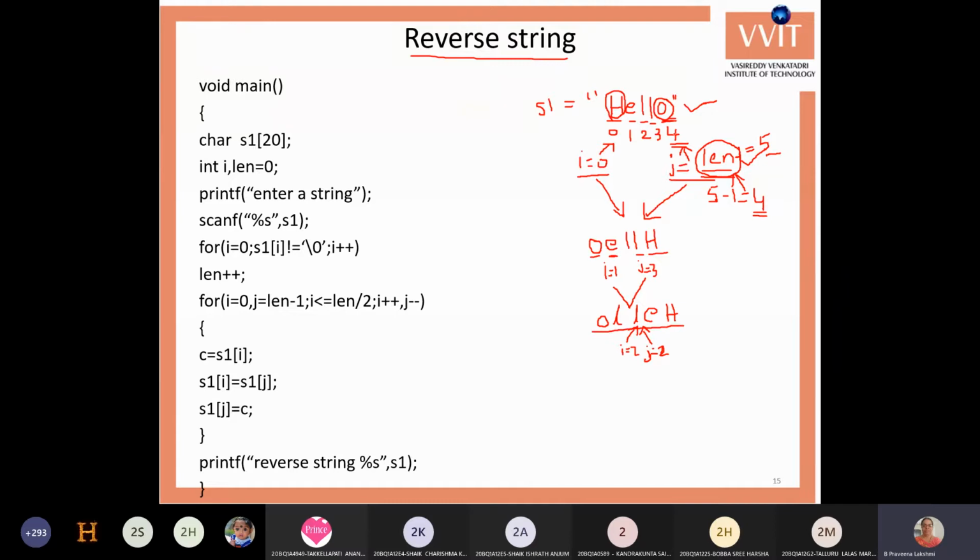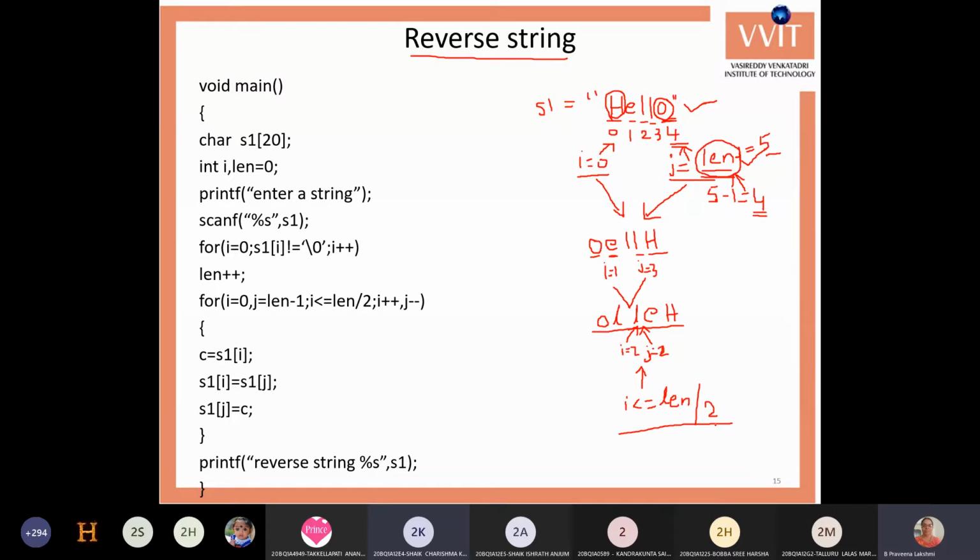First we will exchange the first letter and last letter. Then we'll exchange the second letter and second from the last. Then we will exchange the next letters. This is to be repeated until i is less than or equal to length divided by 2. We need to swap these characters up to the middle of the string. If you have the hello word, you need to do up to the middle of the string, that is length divided by 2. So length is 5, 5 divided by 2 is 2.5, but it is integer division, so it takes only 2.